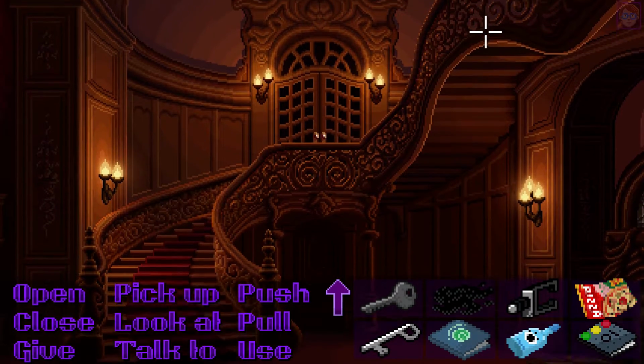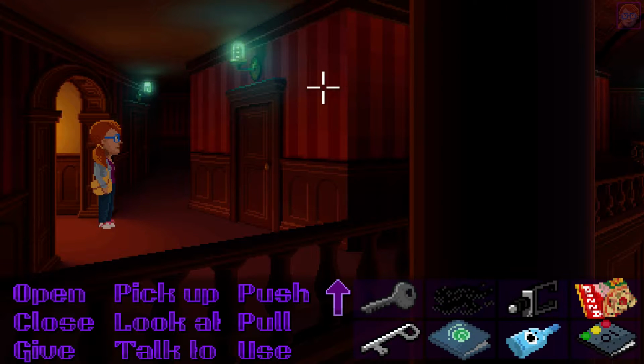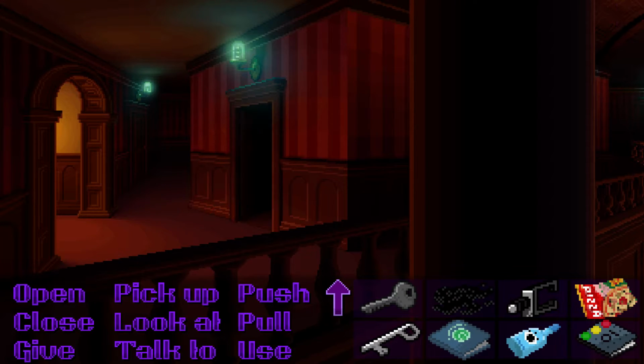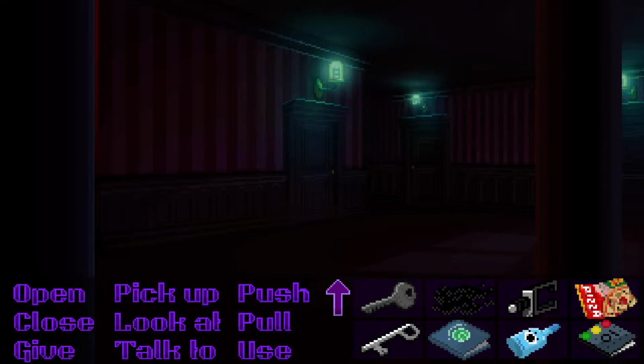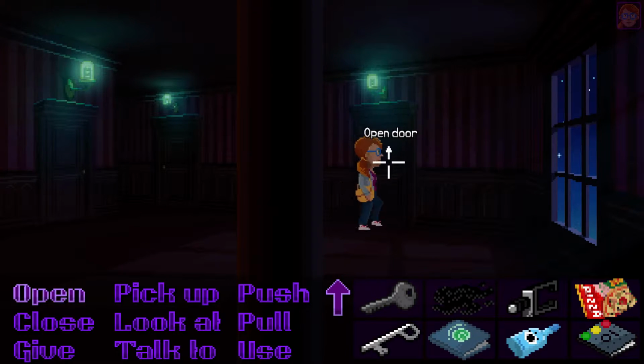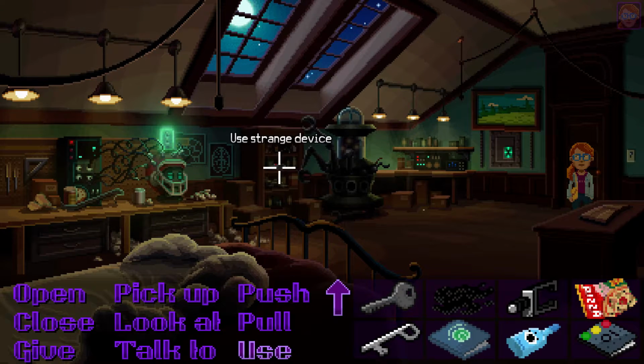And I actually found a little shortcut while I was trying to work out how to make the next playthrough a bit quicker. If you go through this door here, it always comes out right down this end, close by to Chuck's bedroom. Alright, so head into Chuck's room. Okay, and what you want to do once you're in Chuck's room is use this strange device